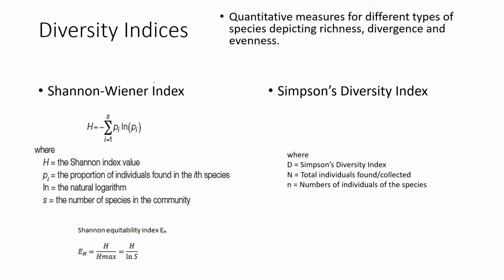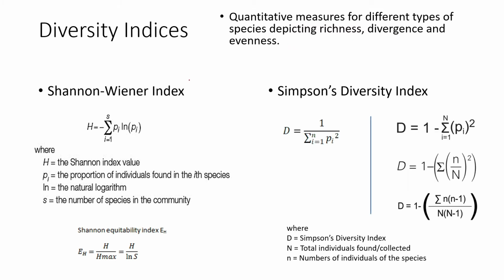Right? Then we move towards diversity indices. Diversity indices are the quantitative measures which are required to get the idea of richness, divergence, evenness, dominance, and abundance as well. Okay. So the two most used diversity indices are the Shannon-Wiener index and Simpson's diversity index. Now the Shannon-Wiener index usually talks about